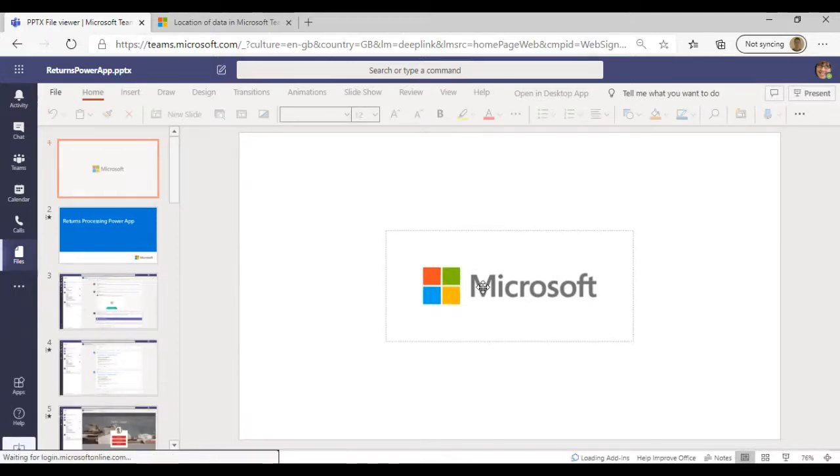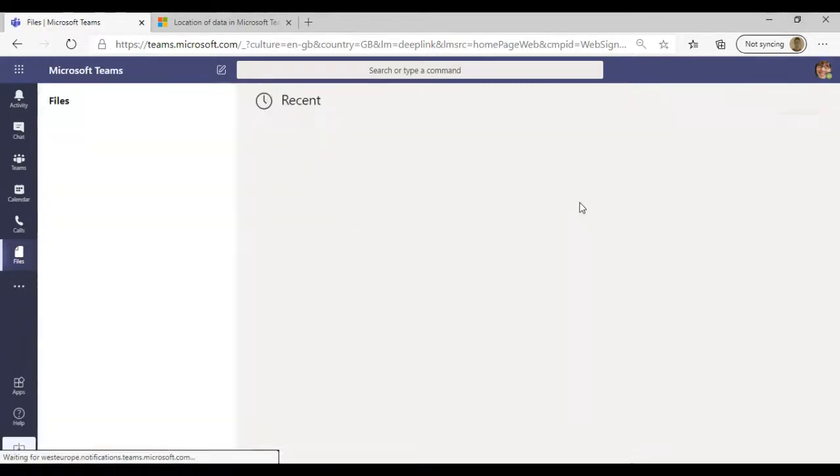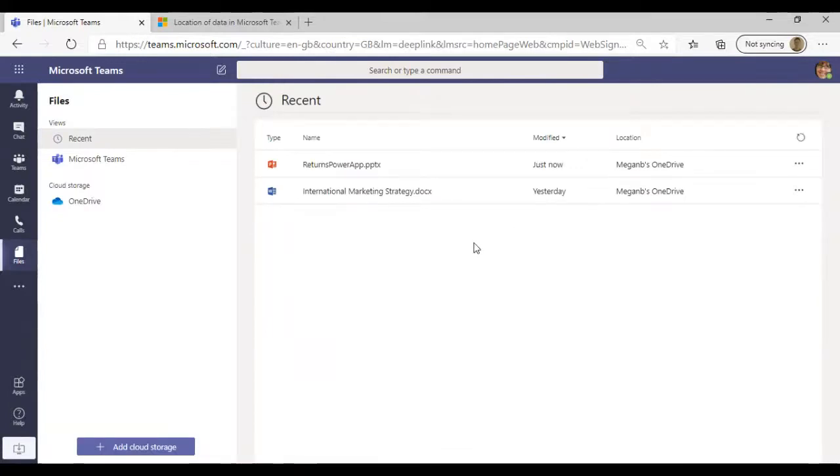So within here, you have the full functionality of PowerPoint. I can make any changes that I want to. What it will also do is up on the top right here, it will show you who is currently in that document and more specifically, where are they in that document? So if I am on slide 4 and I want to make some amendments to it, I can see Lynn is already making amendments to that document. So we're all good. Again, file sharing, it removes that kind of need for version control. If you're working on something like a month-end report, very, very good.